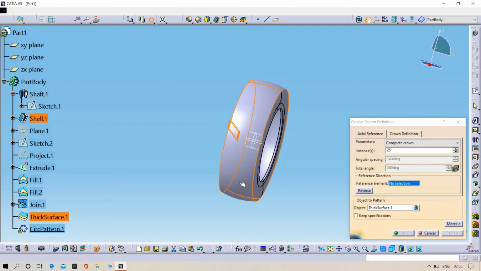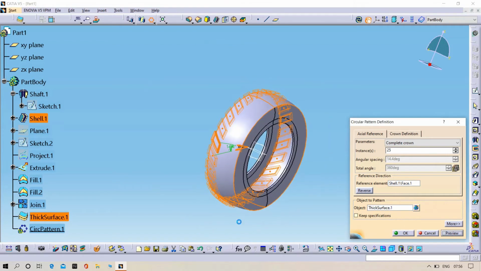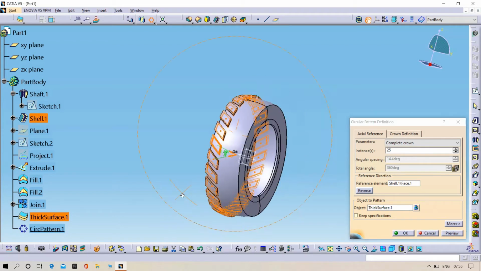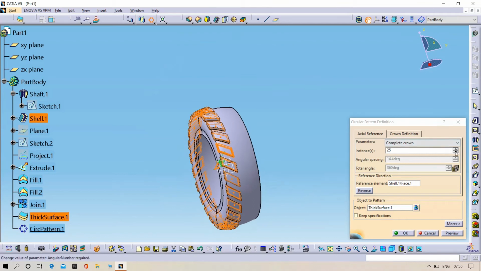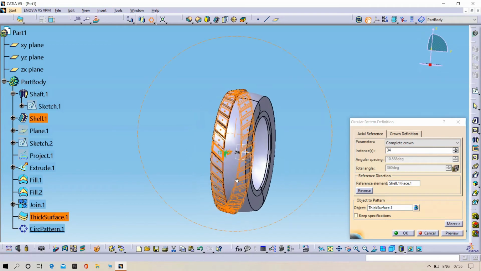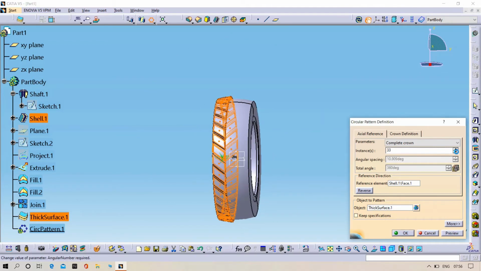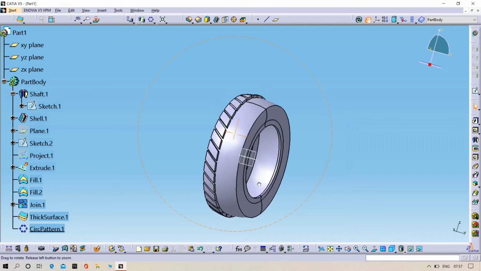Complete round, select the tire and preview. See, I think we need to increase the number. Click OK. It's perfect.